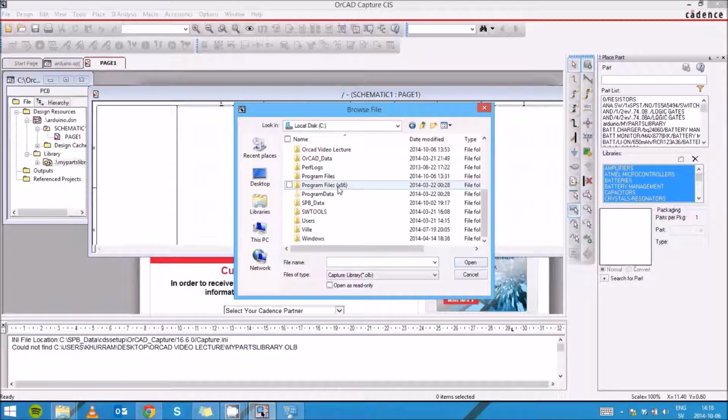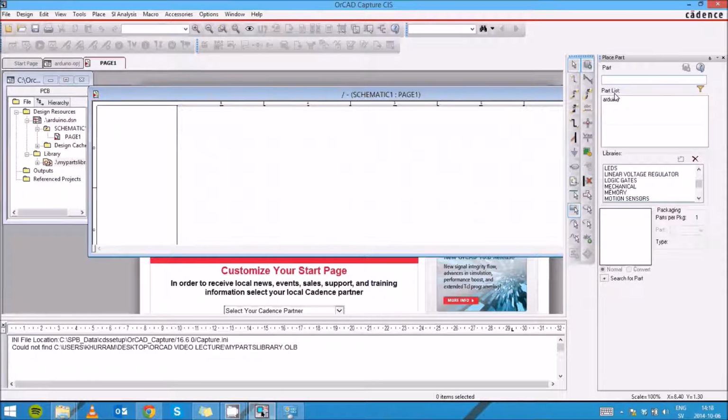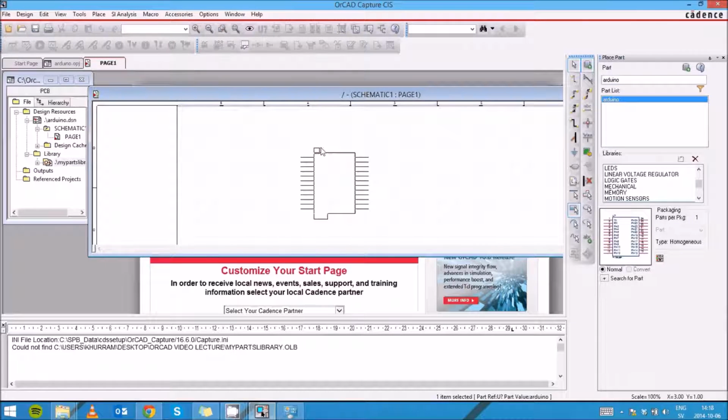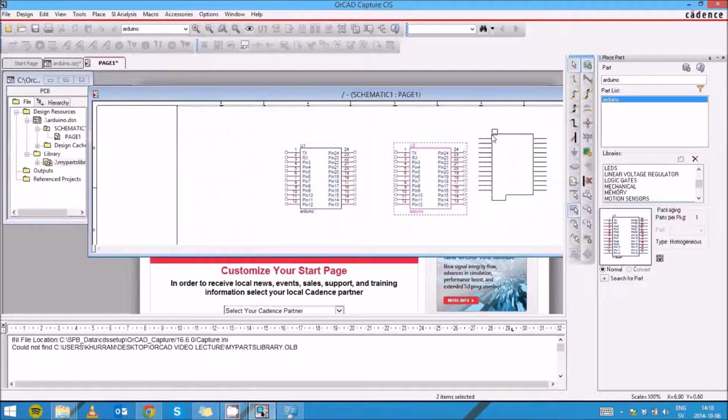First you have to locate where that is, my parts library. And you can see the Arduino here. Double click and it should appear on the schematic page,